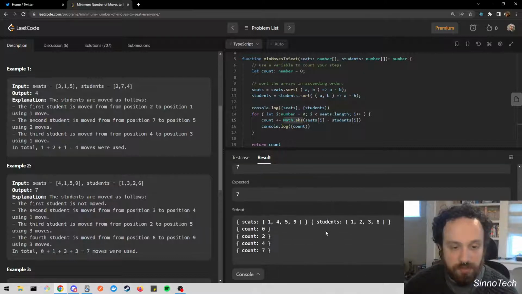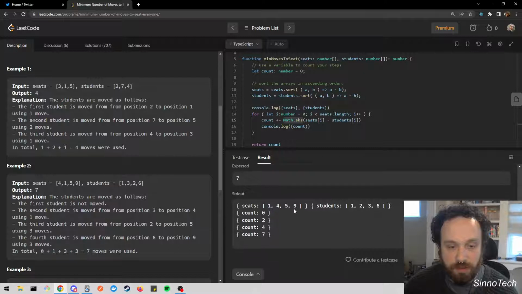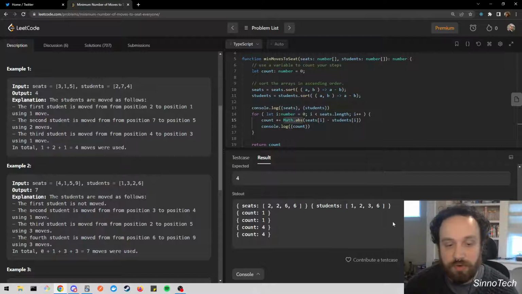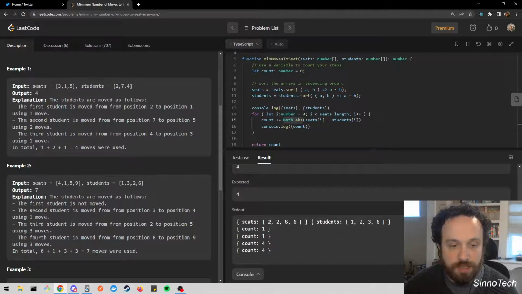Let's see if we can find one where these numbers are not all bigger, right? Can they go in either direction? I guess they don't go in either direction, because, well, it's maybe because it is sorted. 3 and 5, 2 and 4, possibly. Okay. Yeah, well,